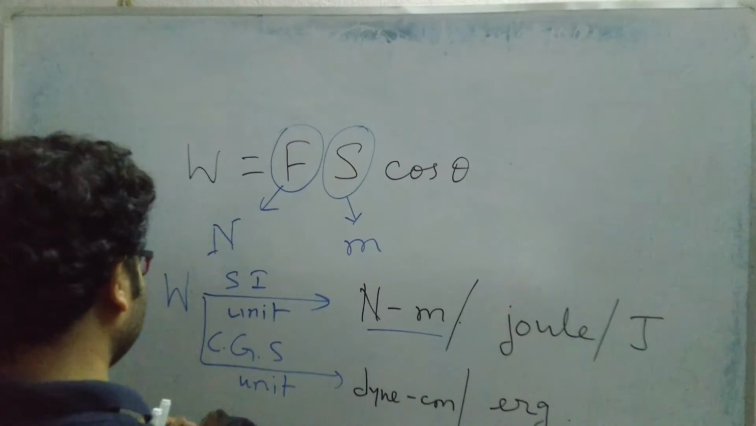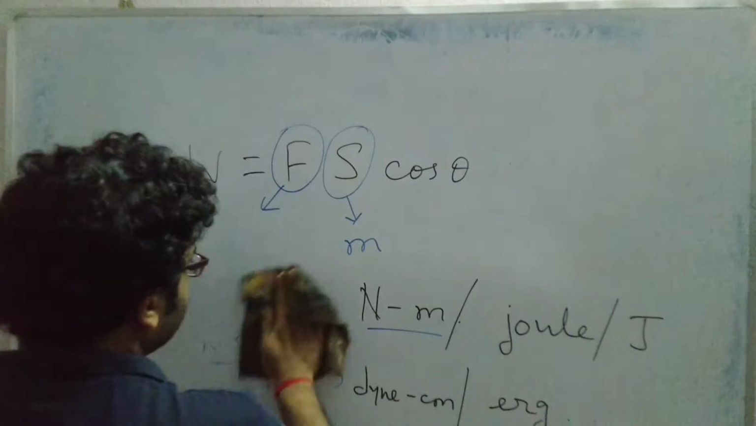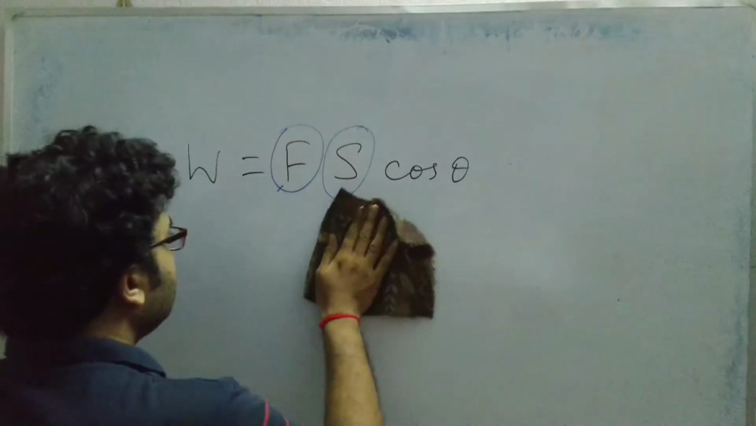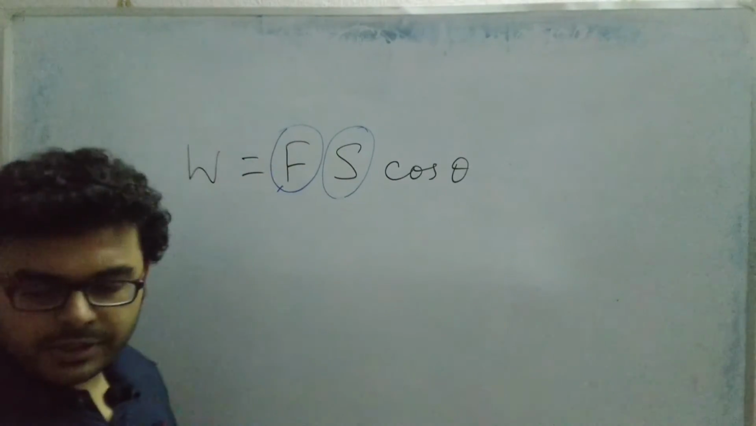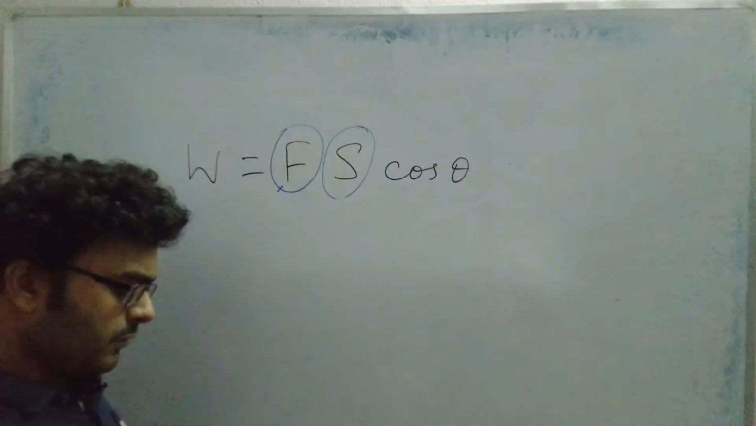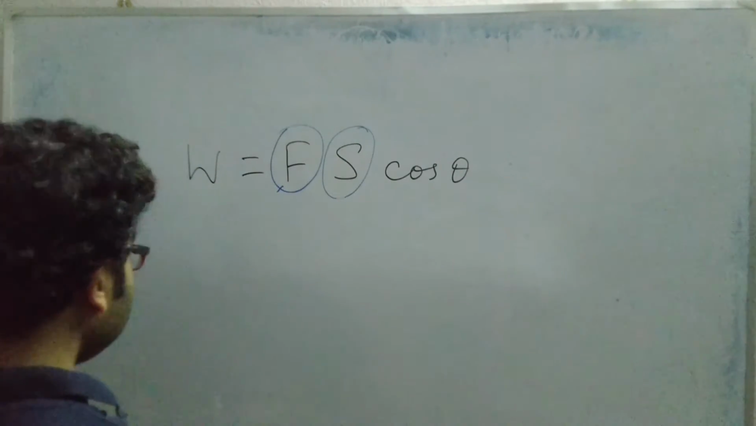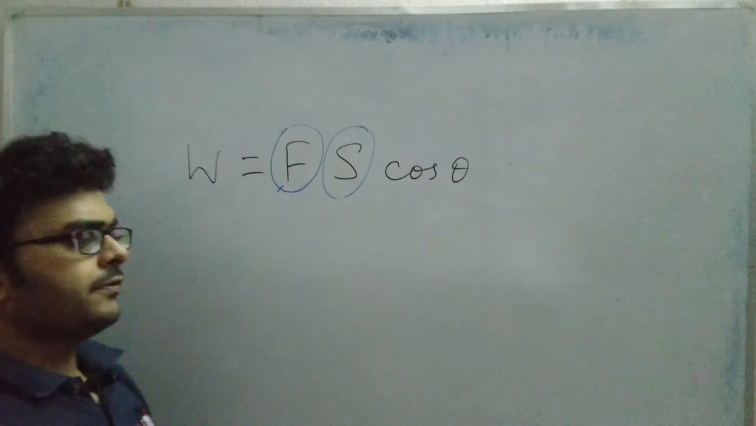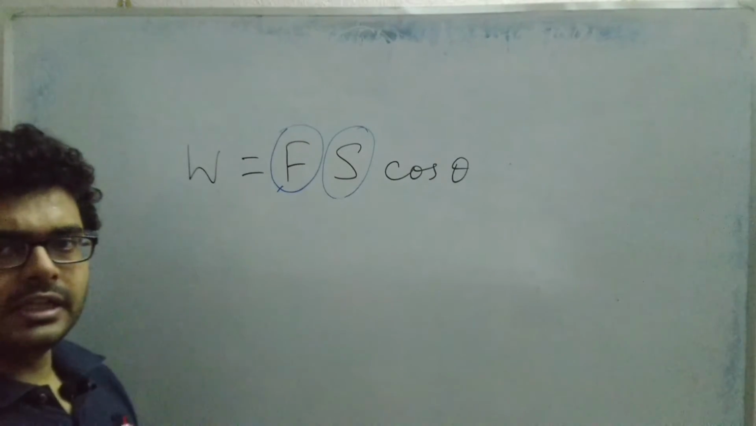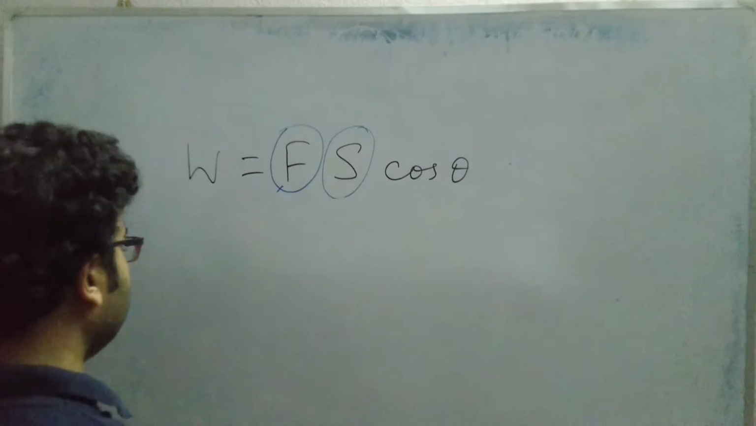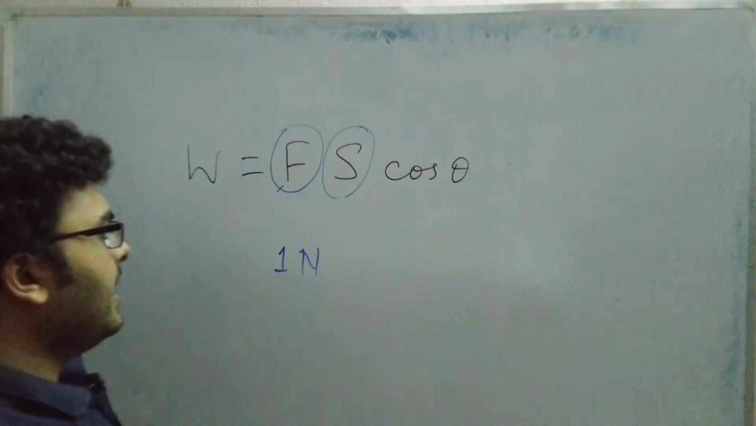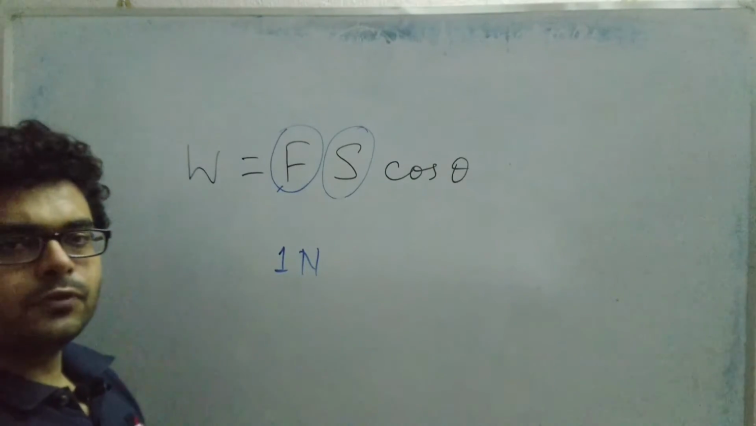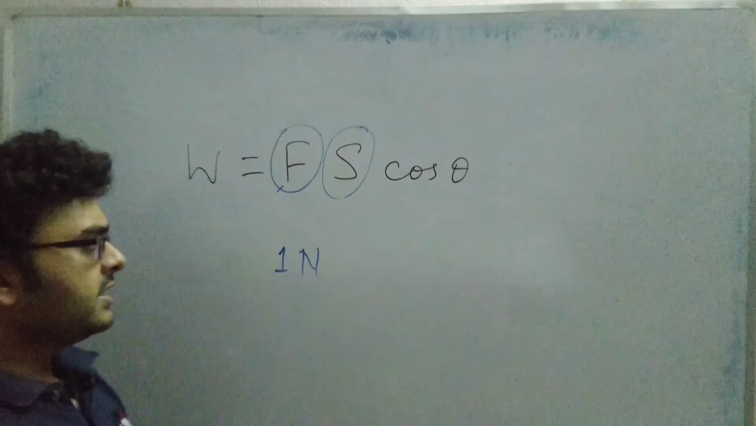Let us see the definition of 1 joule. When you are defining 1 joule, students, if you observe the formula, it will be very easy for you to define 1 joule. Say we apply a force of 1 Newton on any body. So we are applying what? The force of 1 Newton on any body, and on application of that 1 Newton force, that force displaces the body